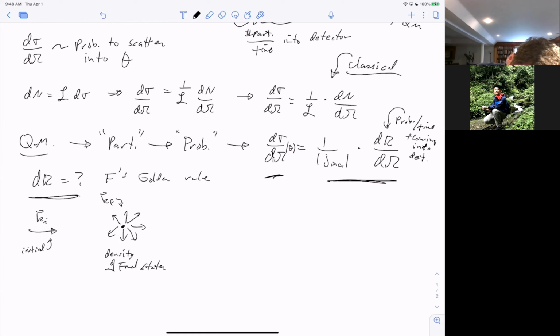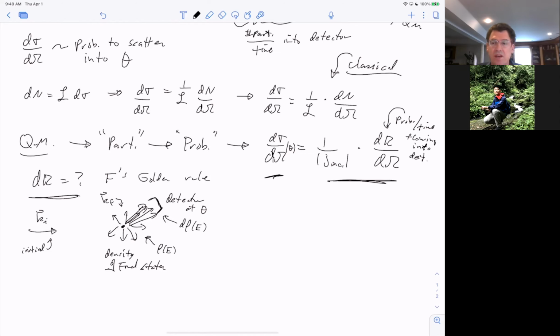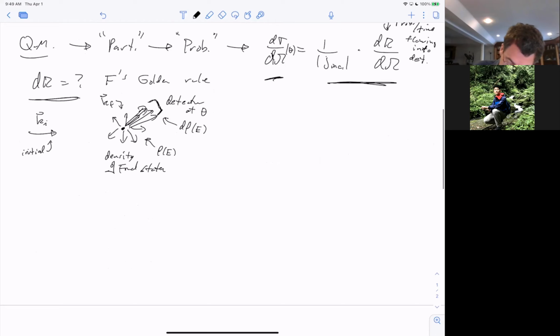But then we had to pick one direction because that's where our detector is, detector at scattering angle theta. And so we had to look at all the states going into the detector. And so the total density of states is rho of E, but the ones going into the detector is d rho of E. So we had to pick a fraction of the density of states going into the detector. And from that, we set up our Fermi's golden rule, and I won't go through the math because we did it last time. But after going through all the Fermi's golden rule math, we got the final answer,